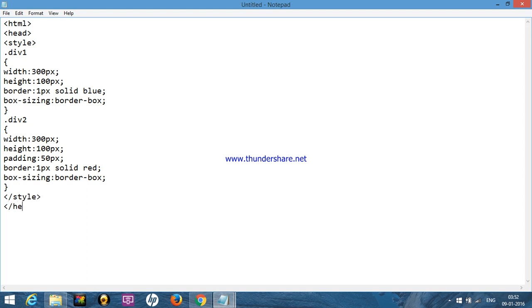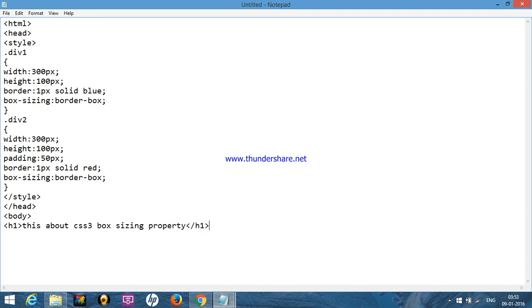Now close the head part. Now open the body part. Here we can give some text like this is about CSS3 box sizing property.